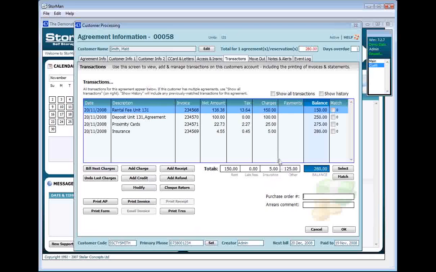I'll just click OK, and you can see what StorMan's done is it's put in our rental fee of $150. Now you might remember this unit was actually $135, but we're billing it out to this guy for $150, and there's no record on here anywhere showing that it is actually $135, and that we're charging a bit more because it's in demand. So as I said before, the customer doesn't see that you're charging them a bit more than normal. Underneath that we have a deposit for the unit and a deposit for the agreement of $50 each,